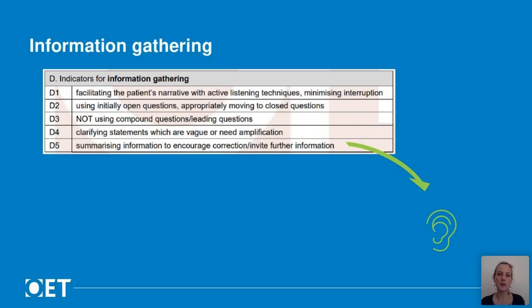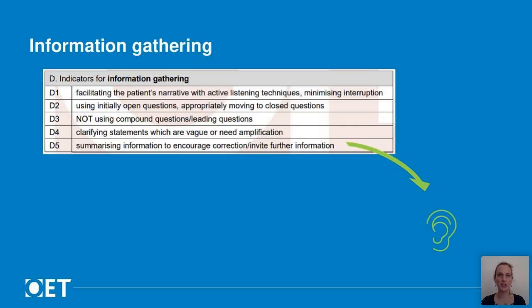So an example of that would be, can you tell me about how long you've had these symptoms, how severe they are, and any medications you've tried? That's a compound question, and the patient or carer doesn't really know which of those questions you've just asked to start with. And it may be that they answer 1 or 2 of them, but they miss out another and you end up having to repeat the same question. So it's much better to ask 1 question at a time.